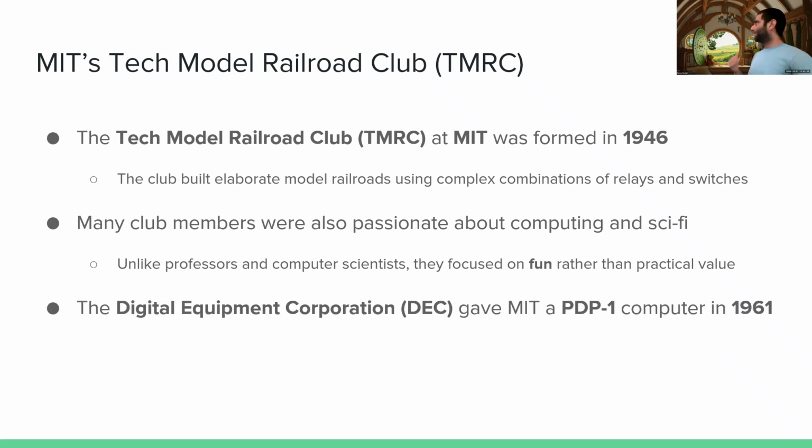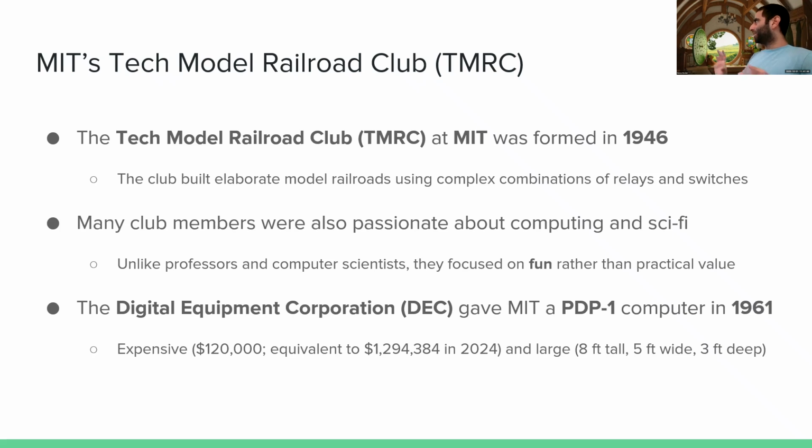So in 1961, there's a company called the Digital Equipment Corporation, DEC, which gave MIT a PDP-1 computer. The PDP-1 was one of the first mainframe computers that was purchasable by individual institutions, not like the National Lab has a single machine, but something individual institutions could reasonably purchase, or in this case, it was given to them. Not quite consumer grade, but not quite only a handful of people in the entire world have one. So it was expensive. It cost $120,000, which is like $1.3 million in 2024 dollars, but still big research grants could theoretically pay for something like this.